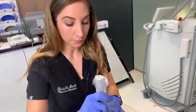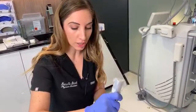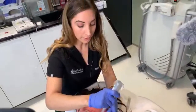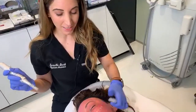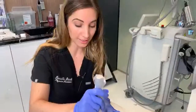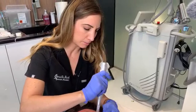Part of what goes with that, we encourage our patients to use at-home micro rollers, which is like the at-home maintenance version of microneedling. The trick with that, you definitely want to be cautious in how you're using your micro roller. You can cause some little micro tears in the skin if you're doing it too quickly or in a less than ideal pattern. The other thing is that you want to make sure your micro roller is the correct depth. So your skin really in any given place is not any more than 3 millimeters, and your micro roller shouldn't necessarily be any deeper than